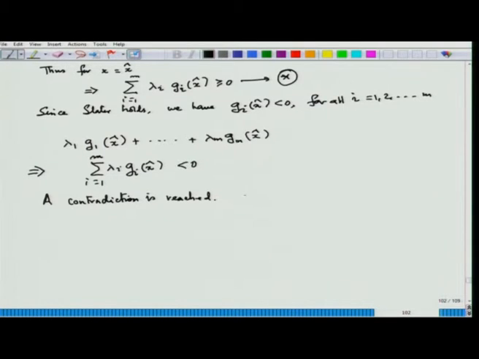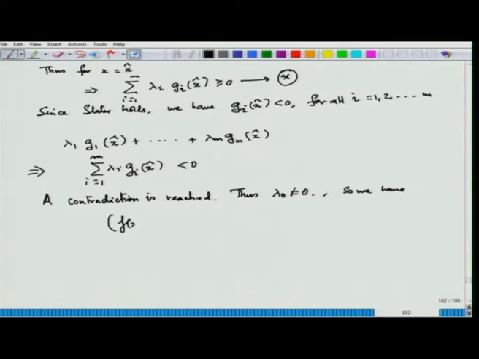Thus lambda naught is not equal to 0, and so we have